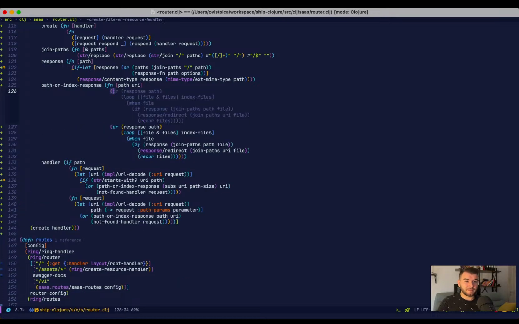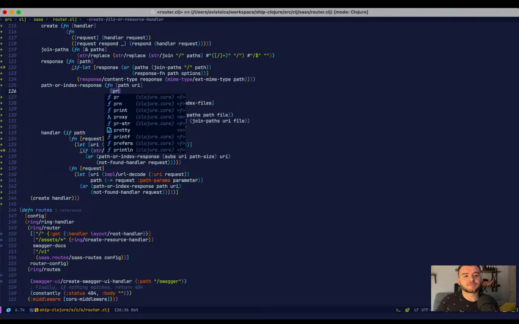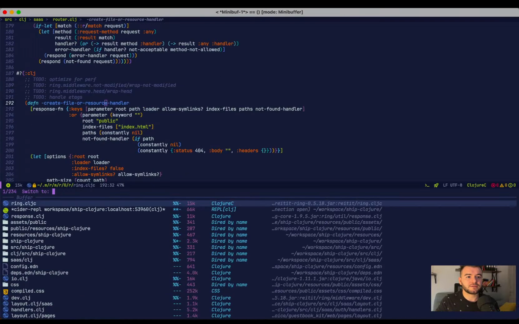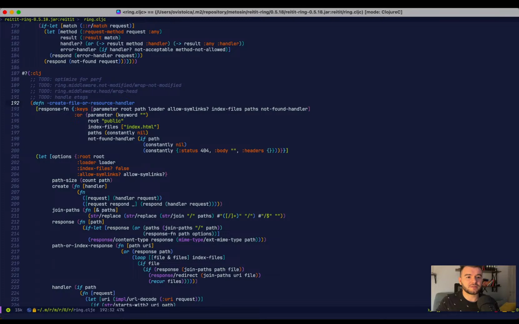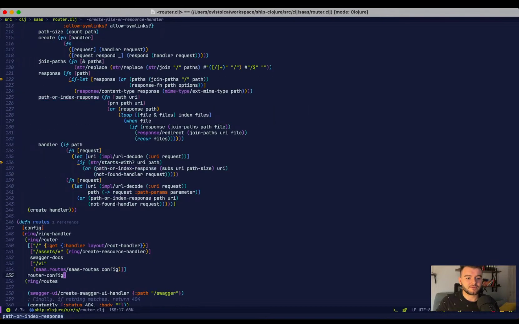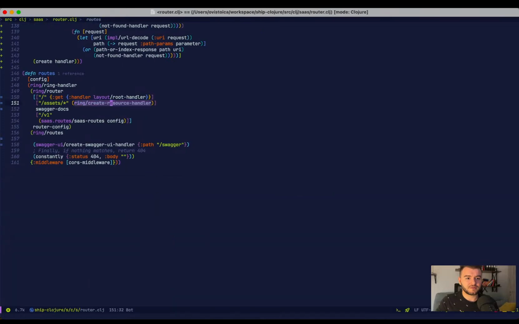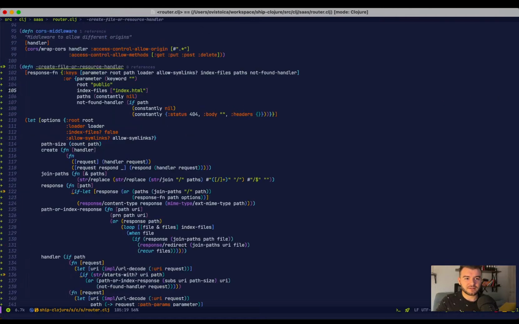Path. Create file or resource handler, and now we go back here. And we go response, resource response. So this thing now will be, what's the name? Create file